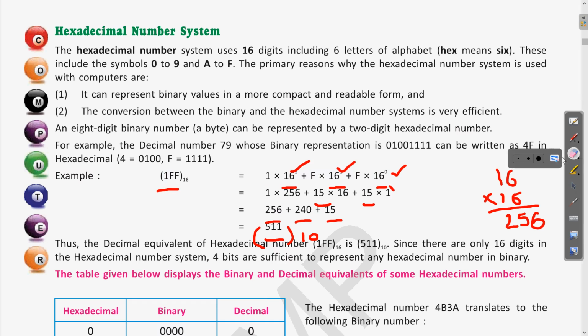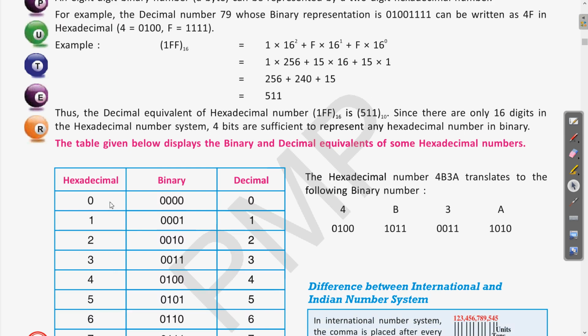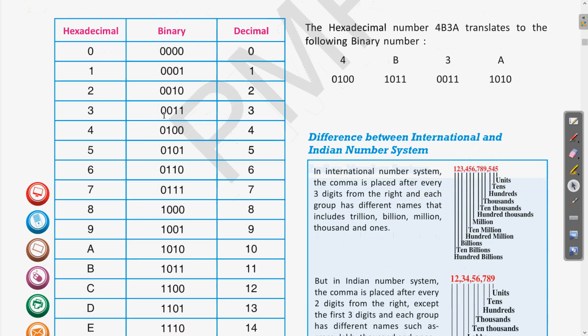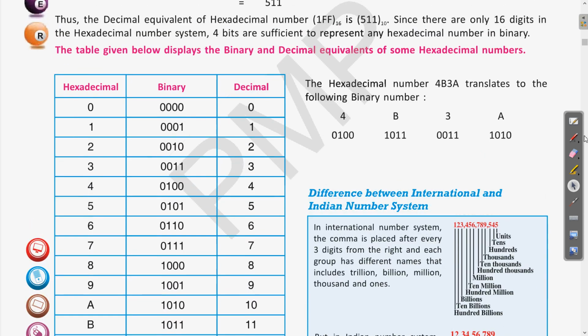Is it clear? Okay, now the different hexadecimal digits are denoted with their binary. So here also, if you are denoting it in binary, we can do the successive division by 2. So suppose you want to write any hexadecimal in binary, suppose there is an example given like 4B3A. This is a hexadecimal. If you want to convert it into binary, how will you convert it? You will write the binary of each of these in the 4-digit form.